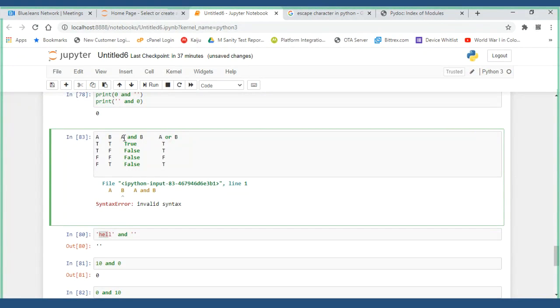If I have an empty string on the left side and 20 on the right side, as soon as you find a 0 or an empty string, you have to return it immediately as false. You need not go to the next, because with the AND operator, if one fails, everything fails. Whatever the failed condition is, whether it is the empty single quotes on the left side or a 0, that is what gets returned. That is the AND operator.